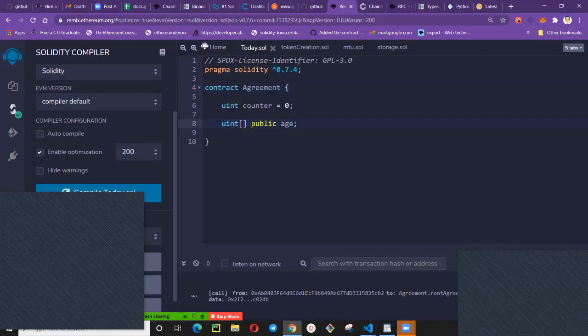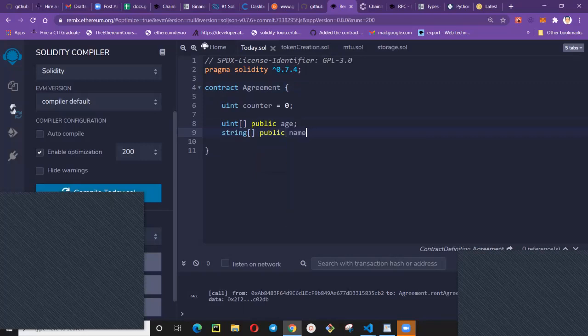So in this array now, you cannot add anything like a string or bytes32 type of data inside. You have to specify the data you want to pass inside. It's not an array that can take in an arbitrary value. It can only take in a specific value, so this can only take unsigned integers. And if you want to take in string values, you have to specify it like string public,